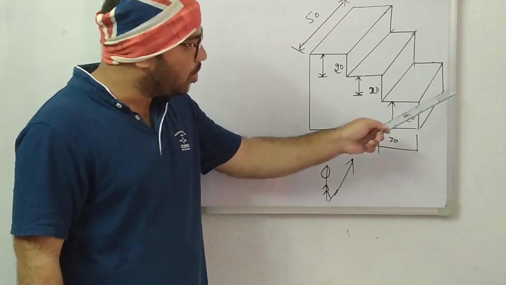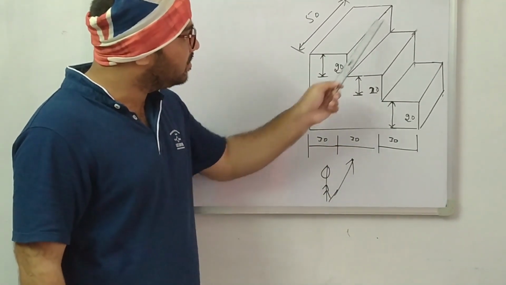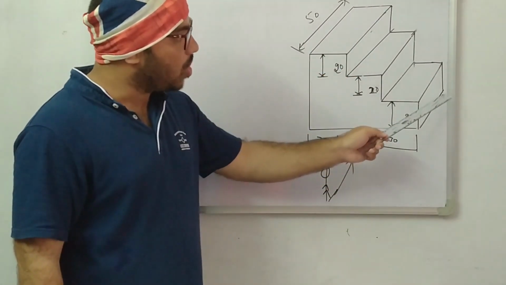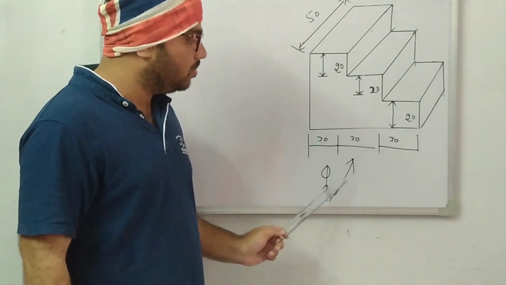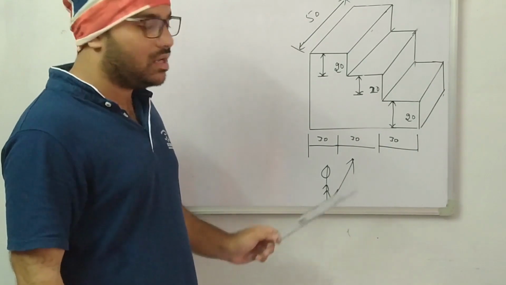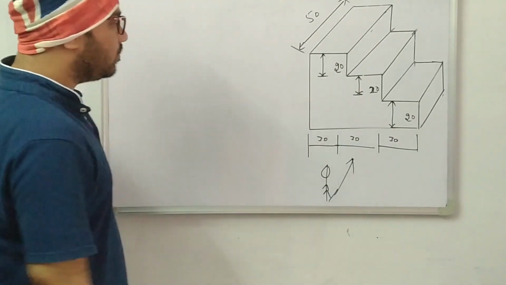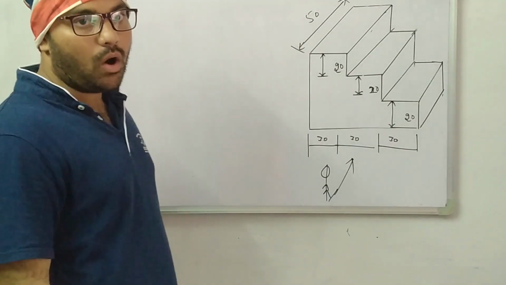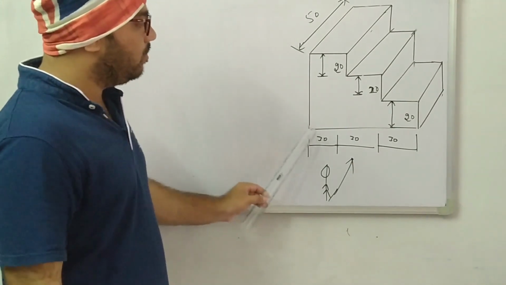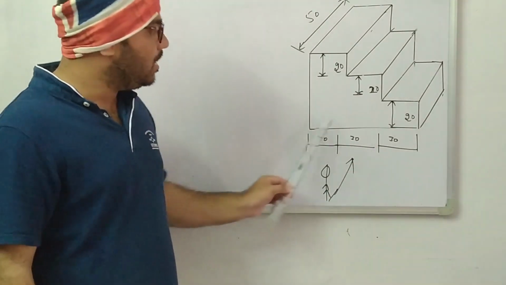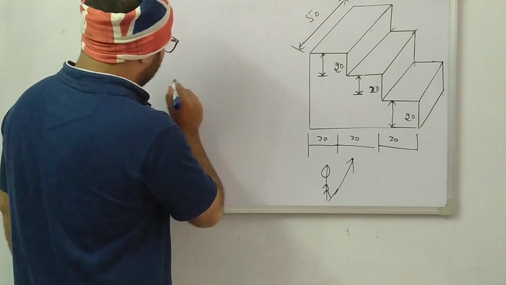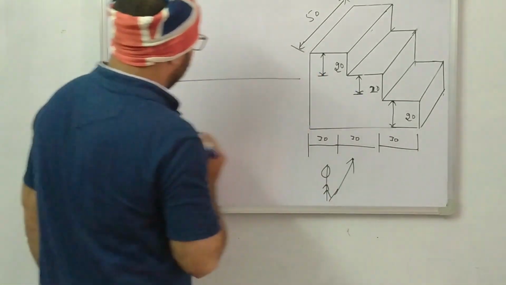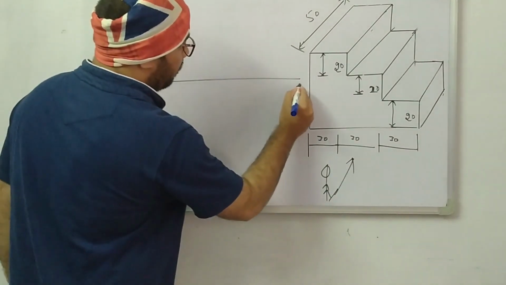So this length is how much? Here we can see the length is 50. So this is the shortest length, so this is not considered as my front view. This is my front view, the longest side, and the arrow is also mentioned. So take it. Now we are going to construct the top and front views. In the front view, we are going to see the length and the height of the object. So draw the reference line X and Y.